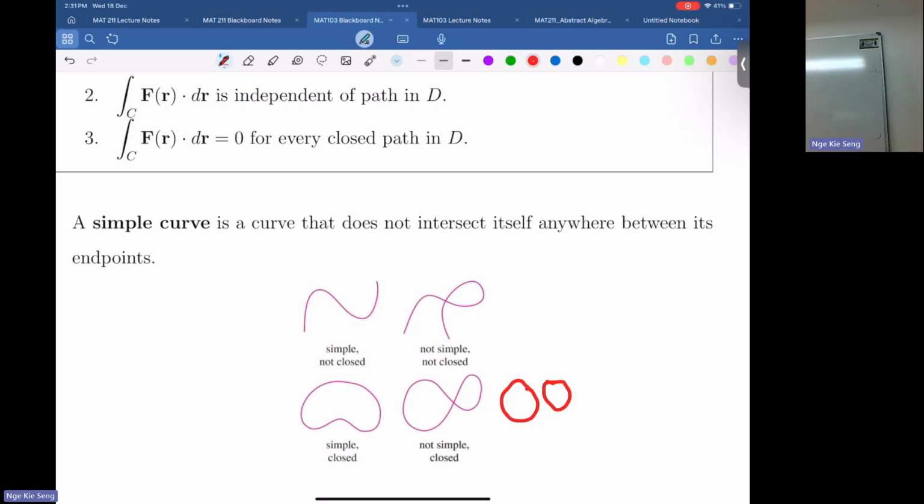Between endpoint. Endpoint can intersect. Okay. Yeah, it must be between. If it intersects anywhere between the terminal points, then we will call that self-intersection. Okay? 有问题吗？还有问题吗？